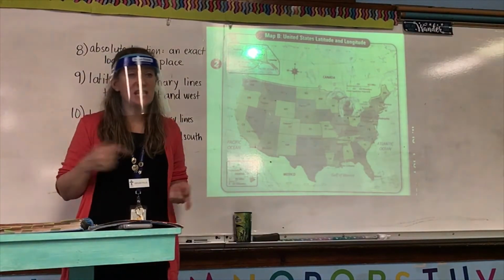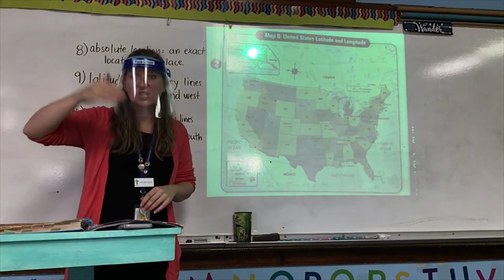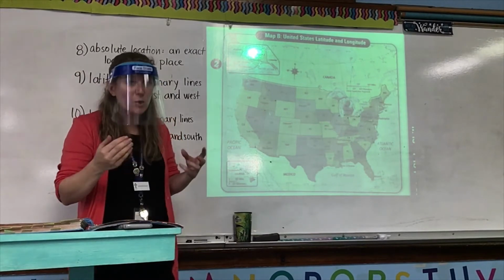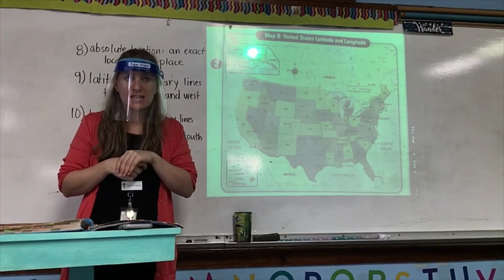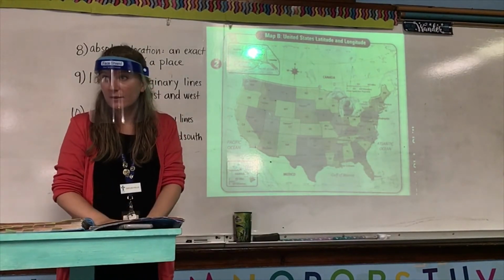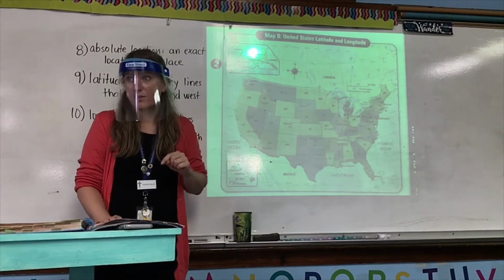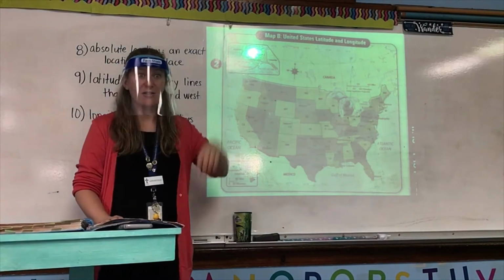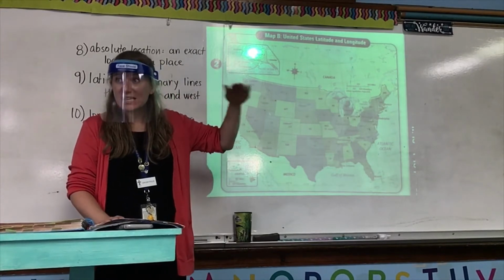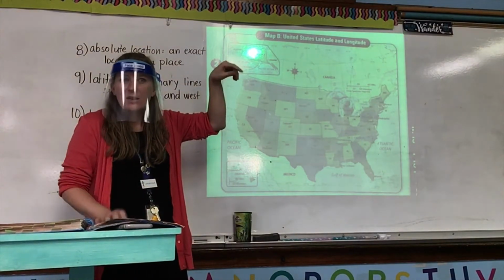Map A on page 16 does not list every single line of latitude and longitude. It does go higher, and there are lines of latitude between the equator and 30 degrees north or 30 degrees south. But if they put every single line of latitude and longitude on this map, you wouldn't really be able to see it because there's a 1 degree north, 2 degrees north, 3 degrees south, 4 degrees, I'm sorry, I keep saying south. But there is every single number between 0 and I think it's 120 maybe for every line